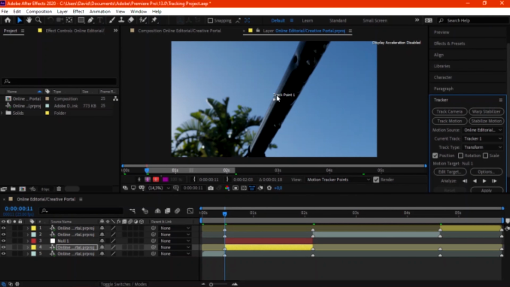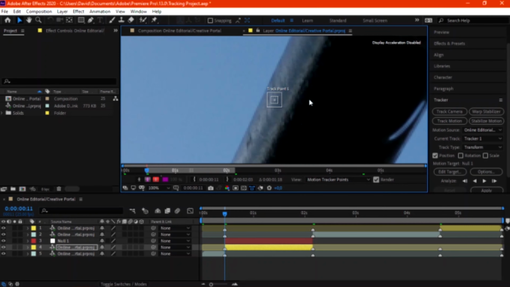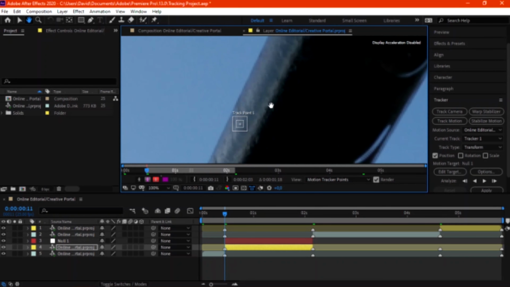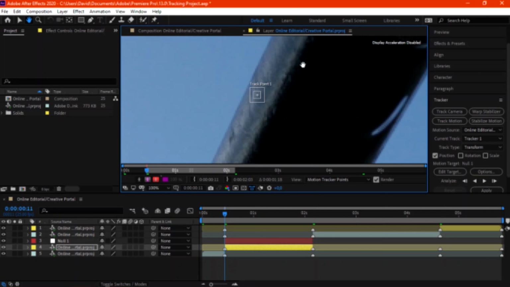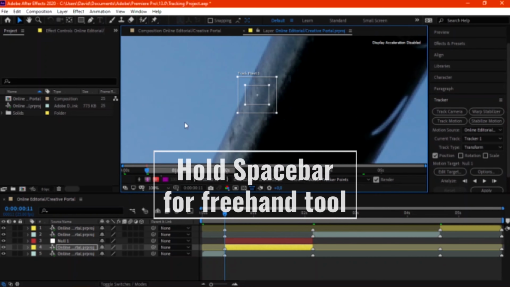Then from there on the screen, as you guys can see right now, you need to zoom in slightly. There is a small box which is the tracker. You can enlarge it to whatever size, but one thing you need to be careful about is the bigger it is, the longer it's going to take to track everything. So you need to be very careful in terms of how big you make it.